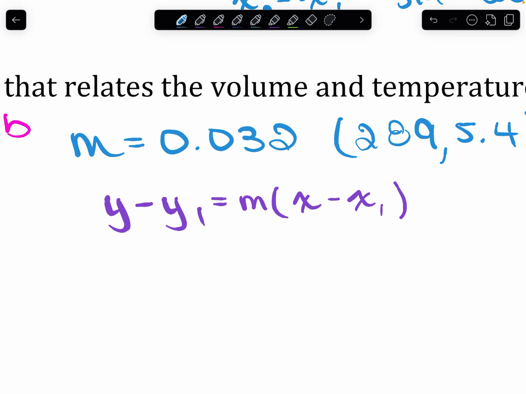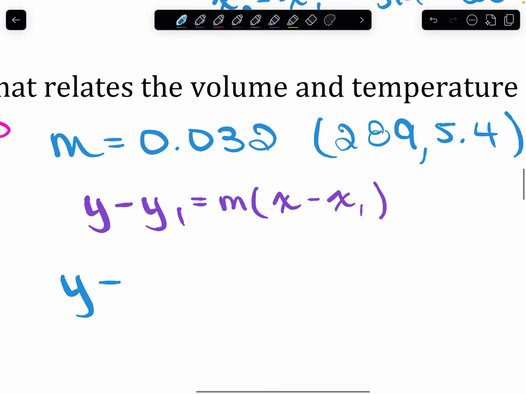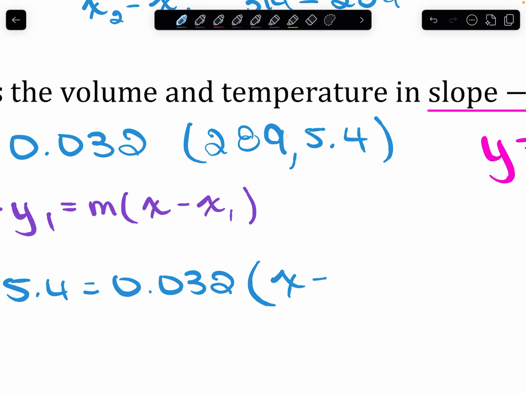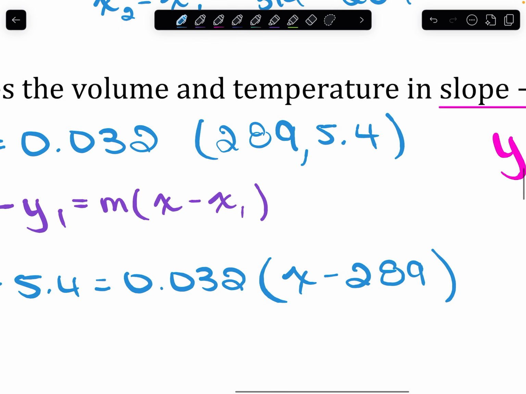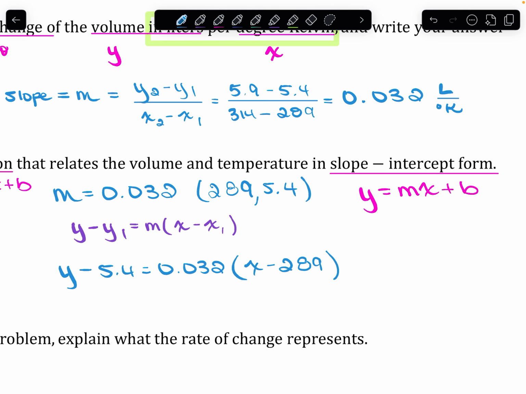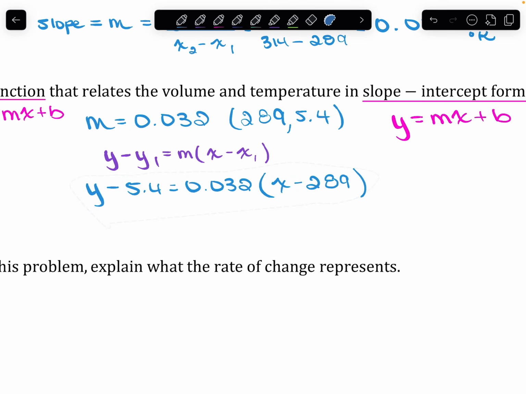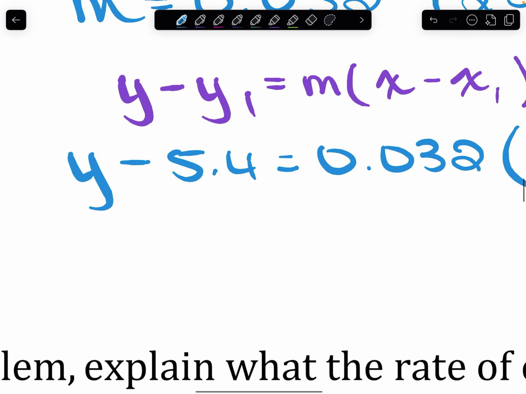All right, so y minus my y value, 5.4, equals my slope, 0.032, times the quantity x minus the x value, 289. All right, so the goal is to get this into slope-intercept form. So what I need to do is distribute to clear those parentheses. So it's going to give us y minus 5.4 equals